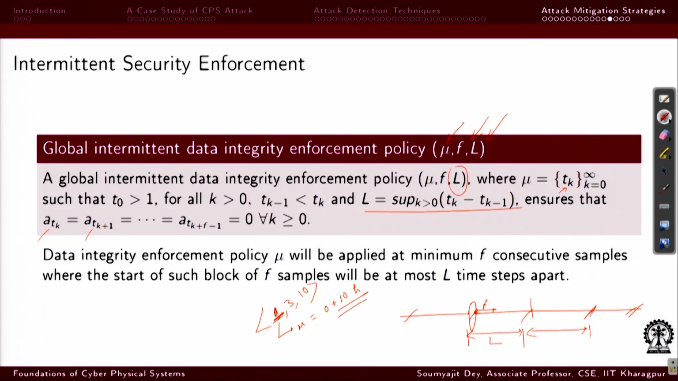That means these are the starting times where I start giving the security primitive, and I give it for 3 consecutive iterations, and I then don't give it for 7 iterations, and then again I just repeat. So this is a simplistic way. Here I am assuming that the L, the separation, is the same for all those windows, but it need not